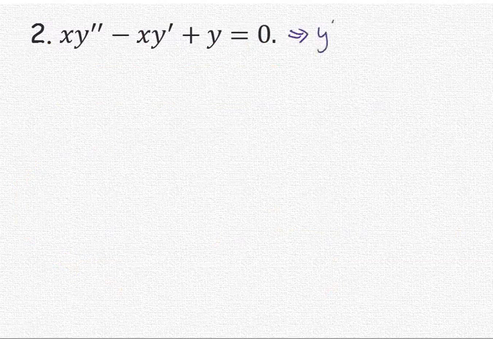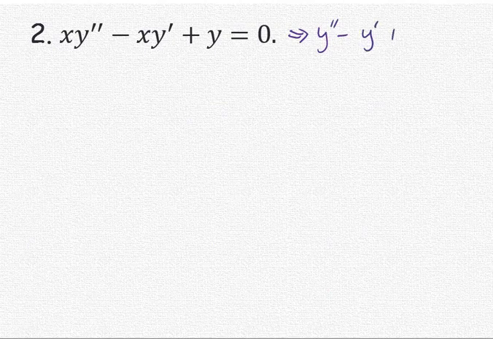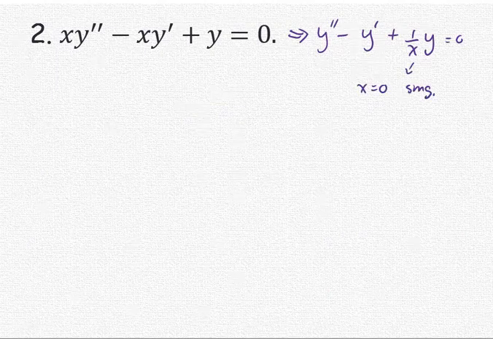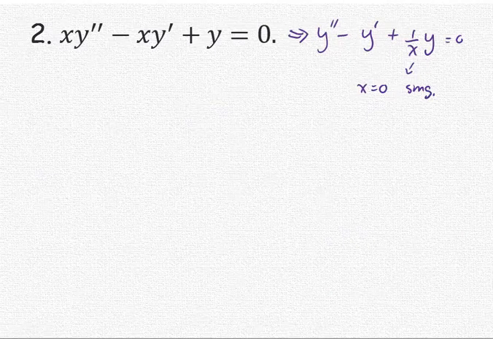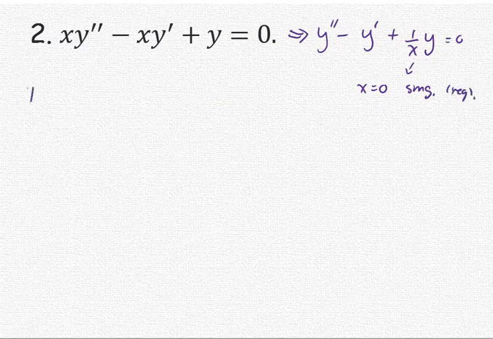In standard form, we get y double prime minus 1 times y prime plus 1 over x times y equals 0. We obviously see x equals 0 as a singular point, and it is a regular singular point, as we use the method to verify it. So it's a regular singular point. Then the power series solution